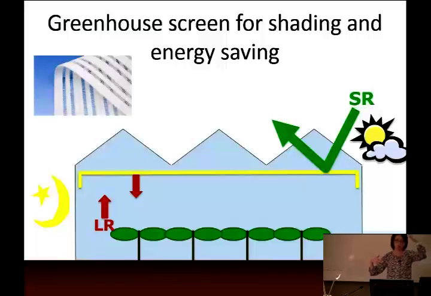In that case, the long wave radiation emitted from that surface is very low, a small amount compared to a surface like the internal curtain, because the internal temperature is usually much warmer than outside. Therefore, this surface temperature is a few degrees higher than the glazing surface. In that case, you have more downward long wave radiation coming to your plants, and that means plant temperature is potentially